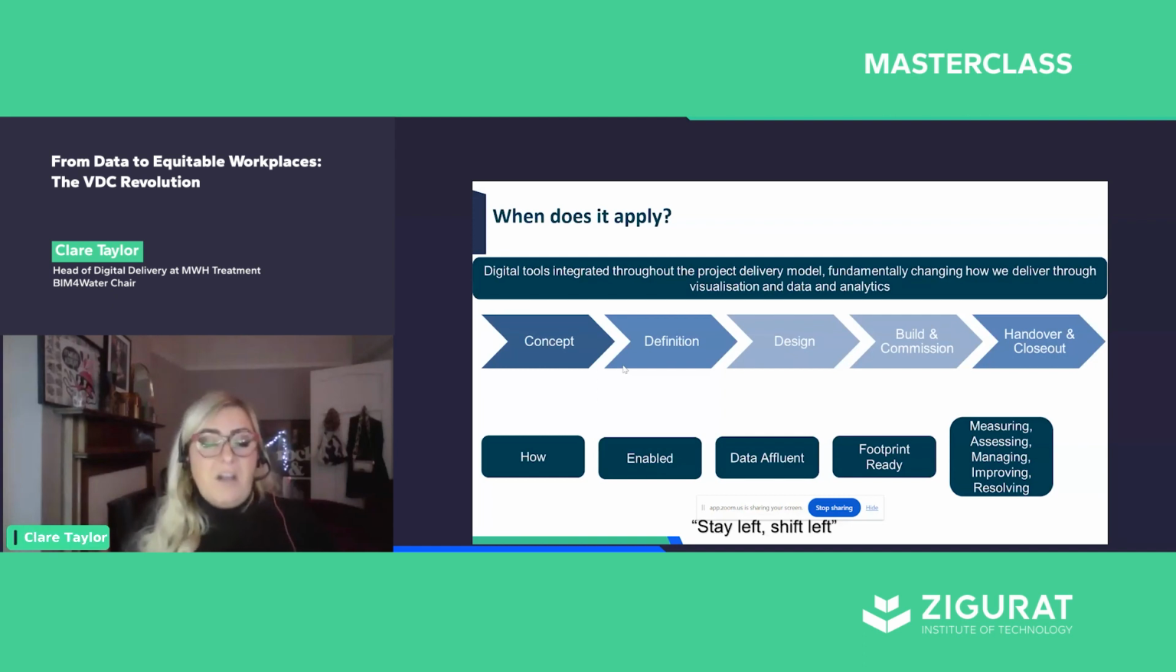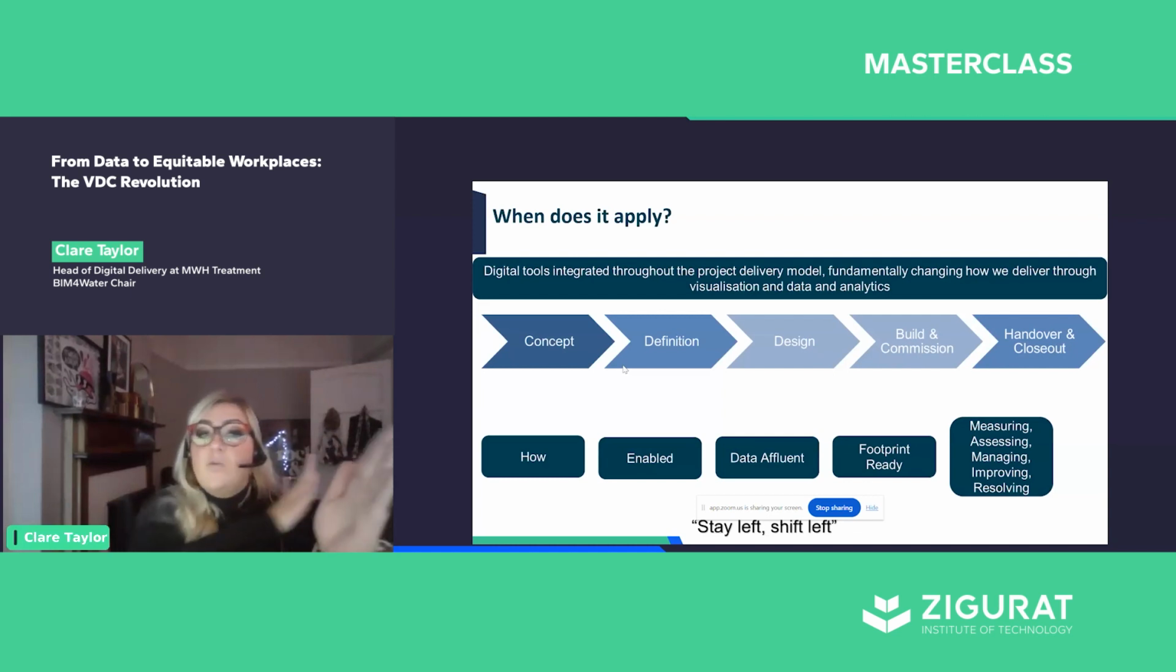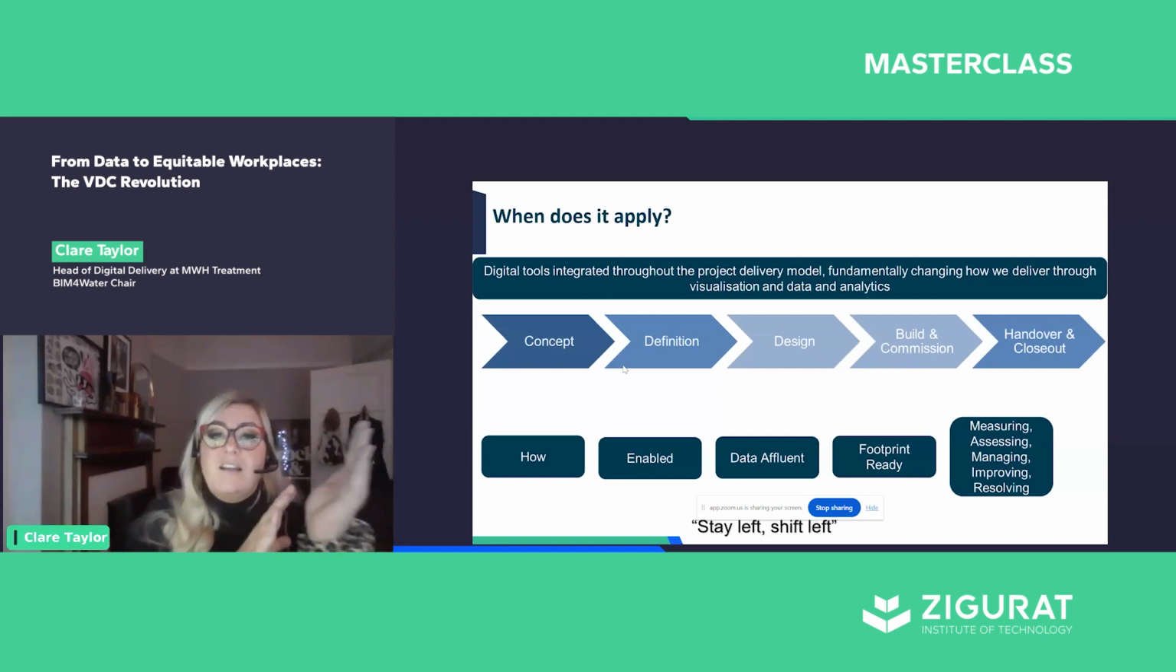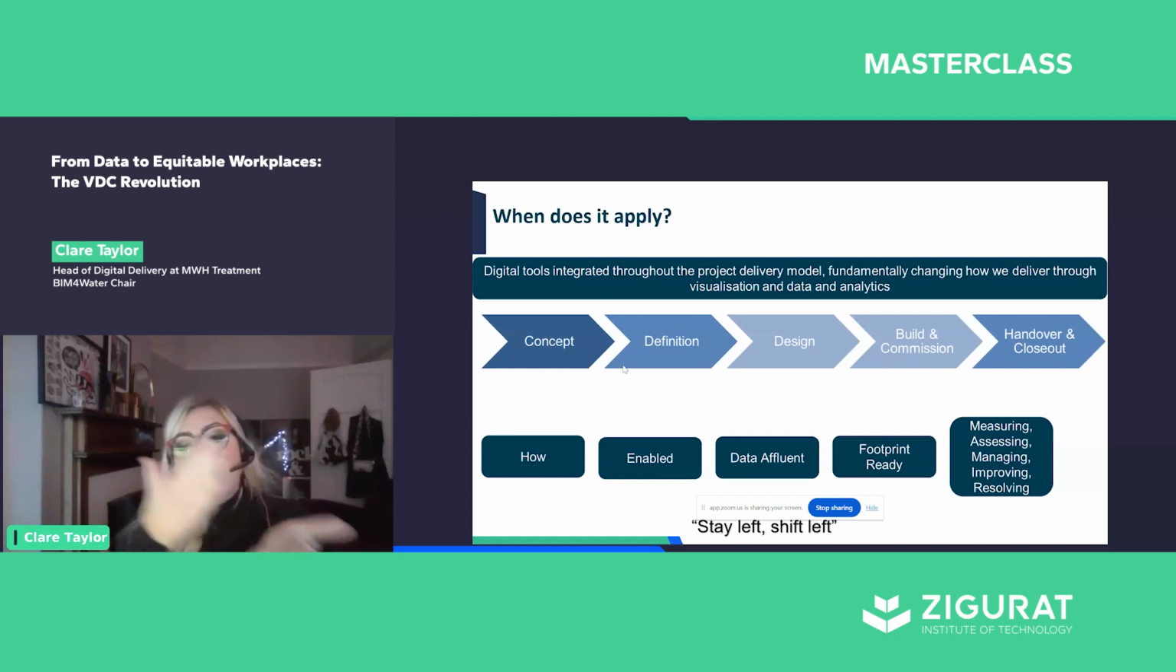So when does it apply? So for us, digital tools are integrated throughout the project delivery cycle. And this is how it changes how we deliver through visualization, data and analytics. So here, going up to that concept phase, go out and survey and capture the existing landscape, see what historical information and data you're handed over. And then as you progress through that definition design phase,